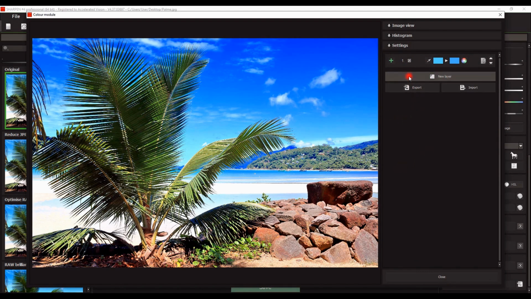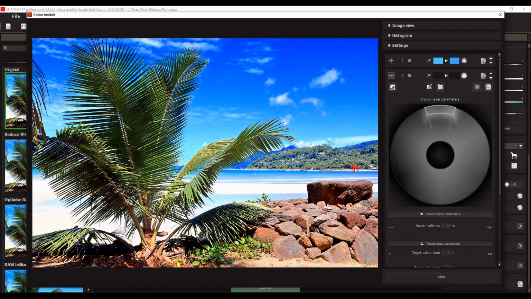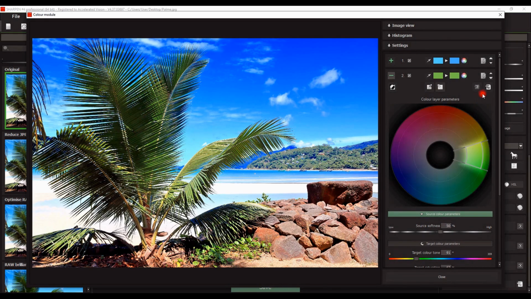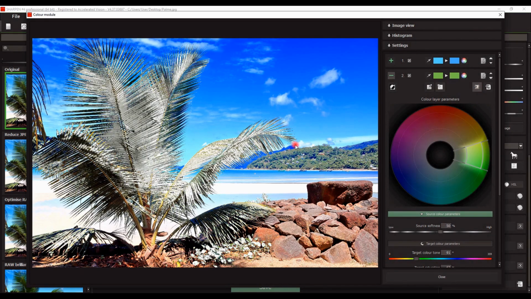We create a new level. We can select a color that is relevant for us using the pipette, and I'd like a light green like this one, and display the mask again to see what we've selected, and we can make enhancements here as well as needed. I would also like to have a bit of strongly saturated green, so I'll move the green to